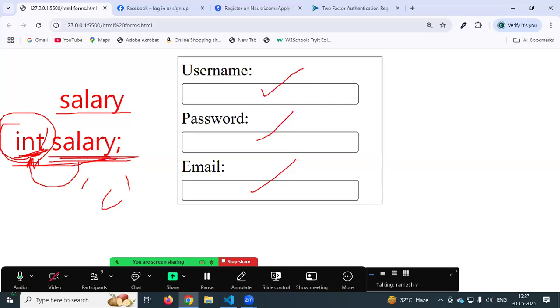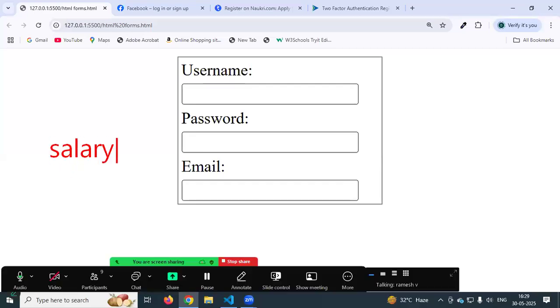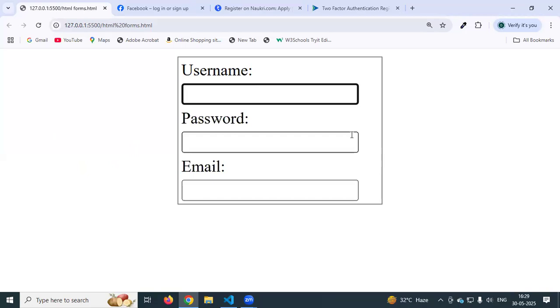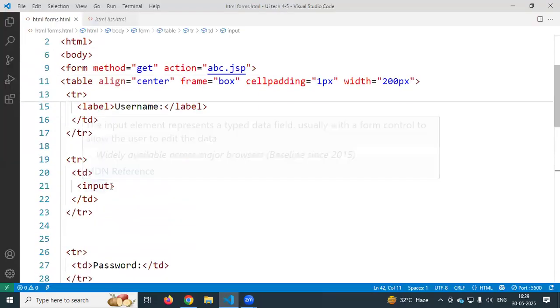In Python, JavaScript, they are dynamic programming languages. That means once you create the variable, you can store any type of data. So here, you create an input box. In the input box, the user enters which type of data, that is decided by the type attribute. Same, type equal to